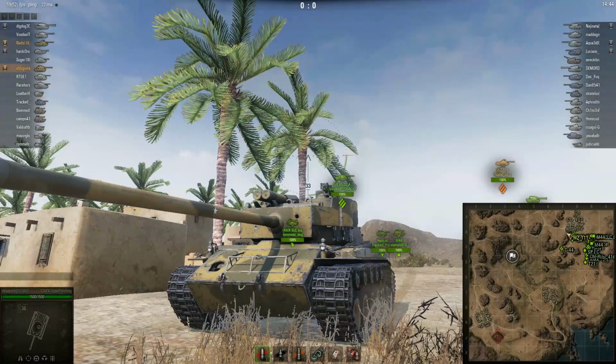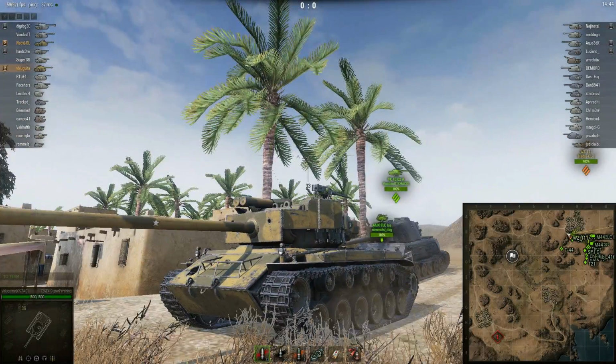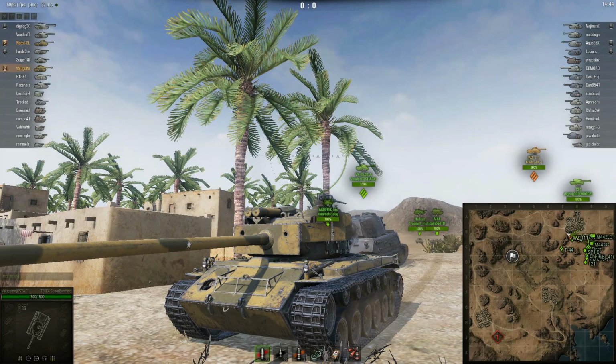So they went back to a little more historically accurate angle. They didn't go all the way back, but they improved it. So